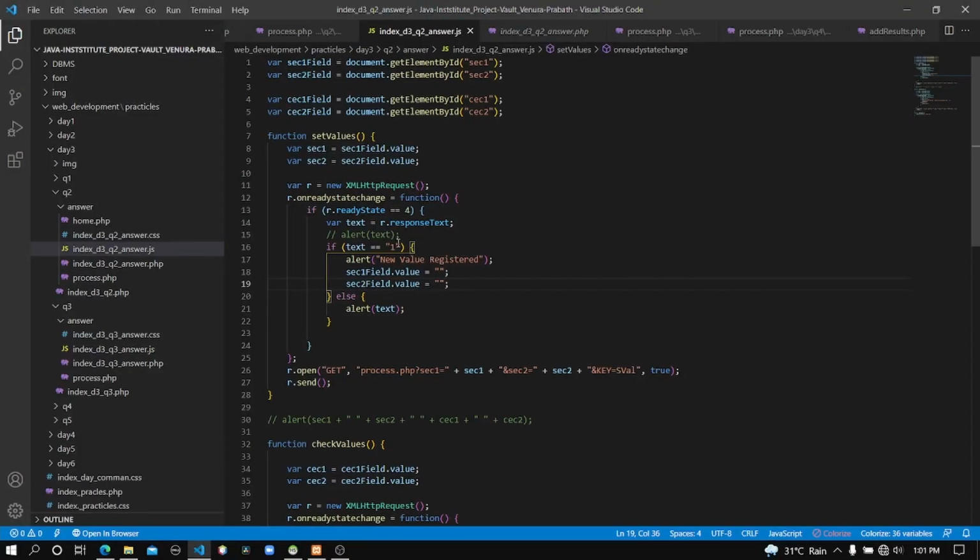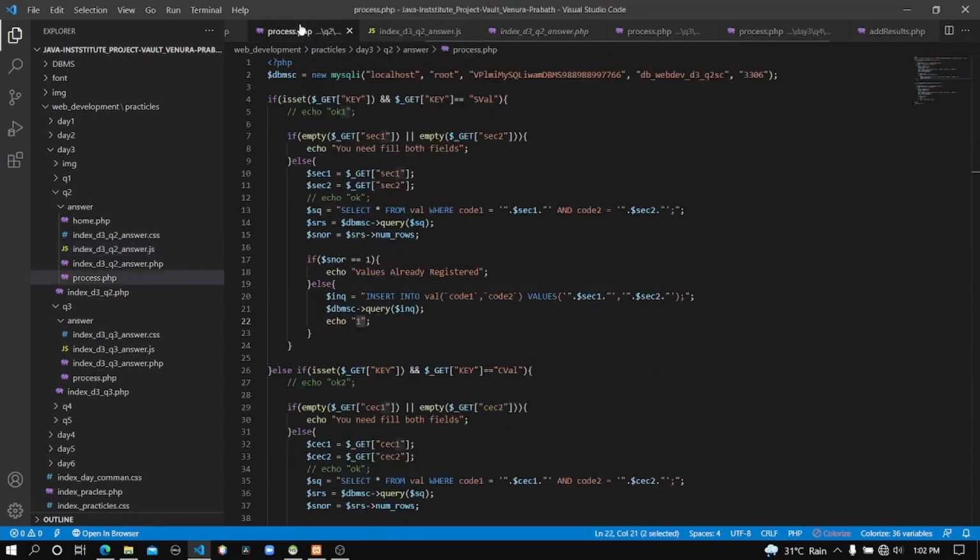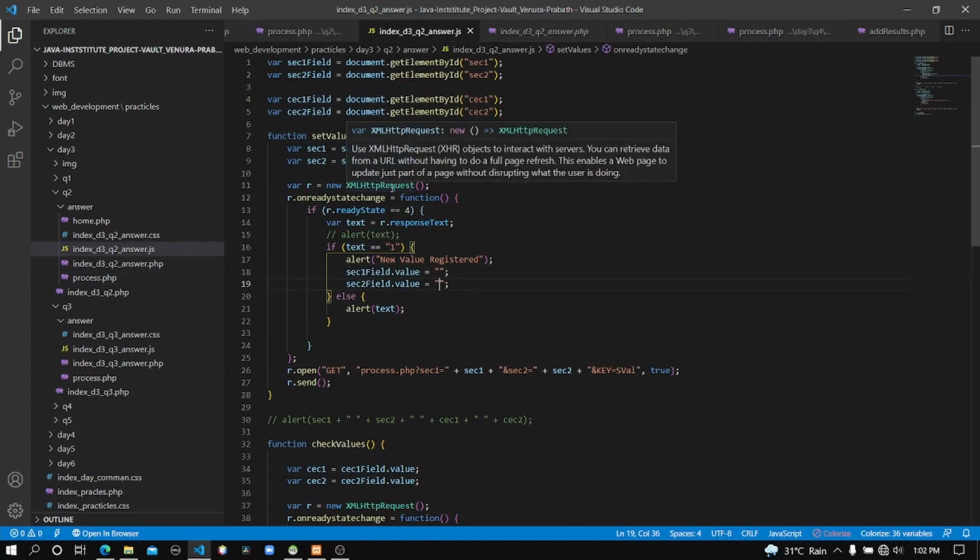So if the value is not equal to 1, it will only show the alert with the value inside the text. The value could be one of these: you need to fill both fields, or values are already registered. Those are error codes, so it will show the error code in an alert. Okay, and that's how the set value part works.